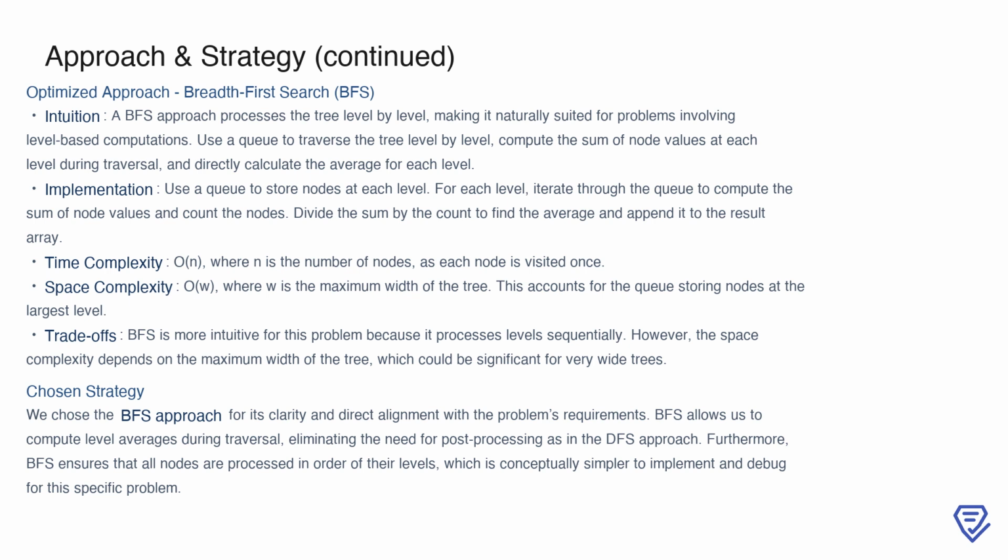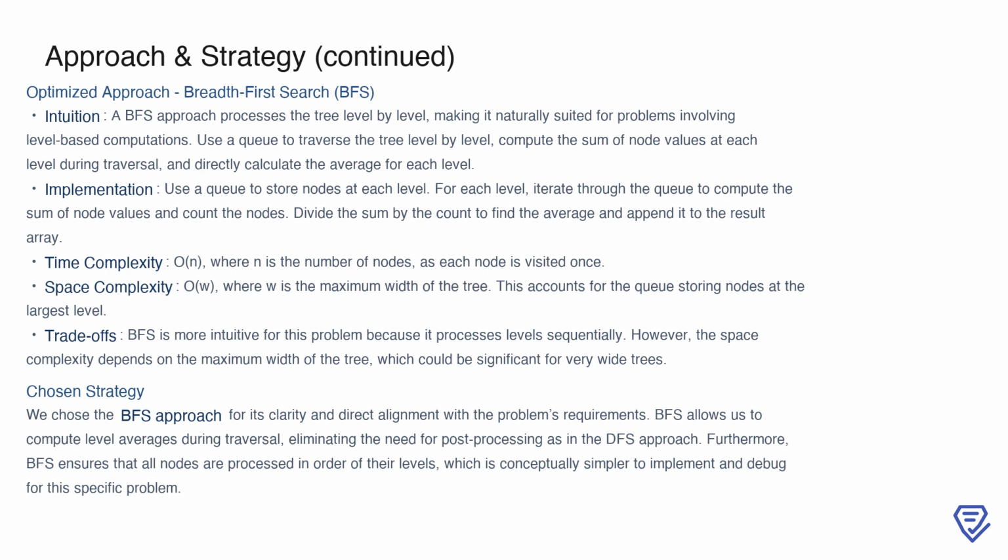Here, we use a queue to traverse the tree, allowing us to handle one level at a time. At each level, we compute the sum of node values and the number of nodes directly while iterating through the queue. Once we have the sum and count, we calculate the average and append it to our result array. The BFS approach has a time complexity of O(n), as each node is visited once, and a space complexity of